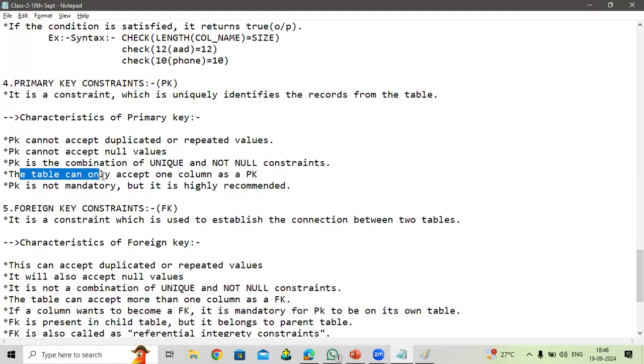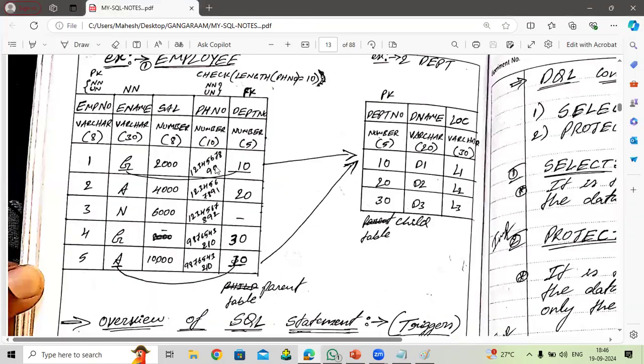The table can only accept one column as a primary key. Here we have two columns, but we have to choose any one, just one. Which one can that be? Based on the advantages, it is better to choose employee number, because once I join a company and work there for 10